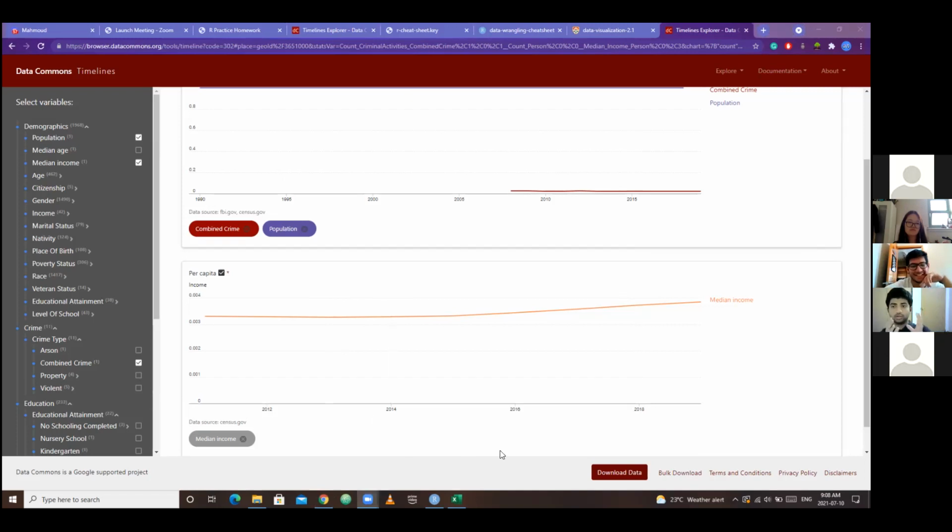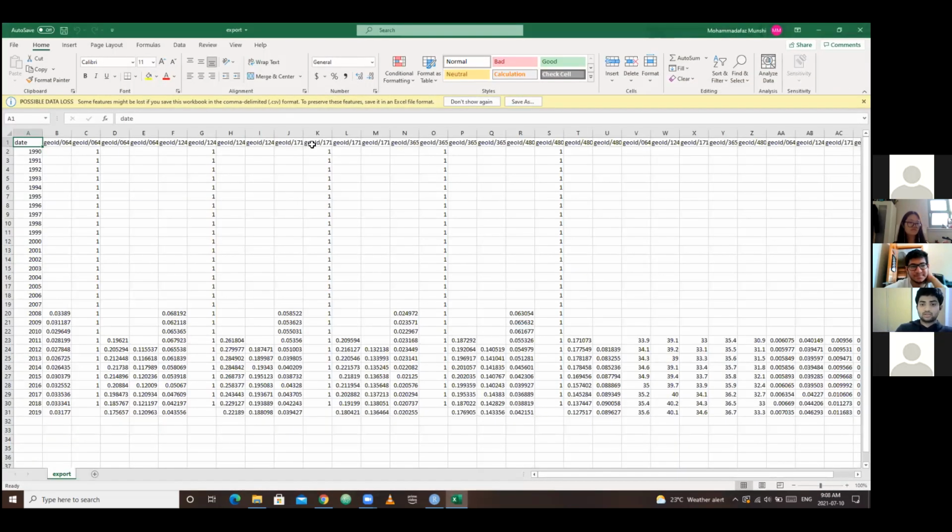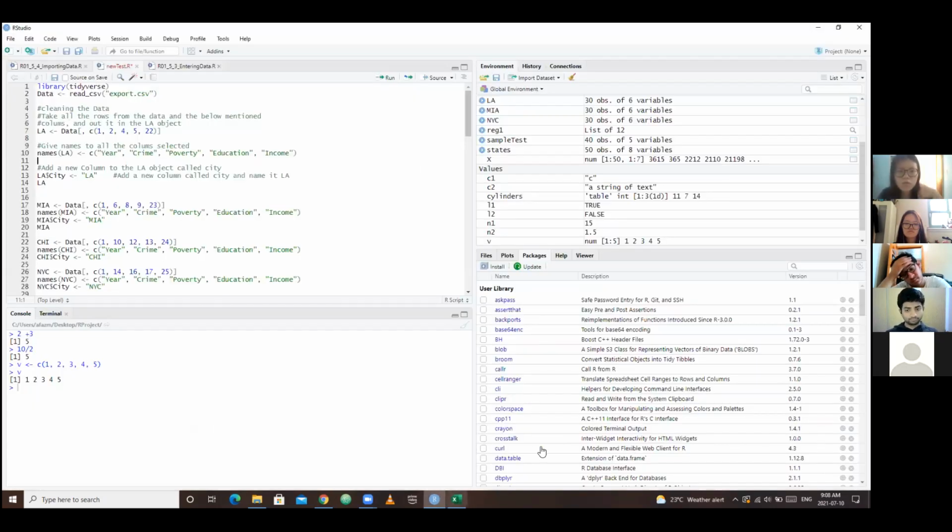This way you'll be able to download data in a .csv format. So you'll end up downloading something like this. If you try to open this file, it would open up in Excel. This is a .csv format, comma separated values. Now you can save this file in a folder, and we are going to be using this data to perform further operations using RStudio. All right,